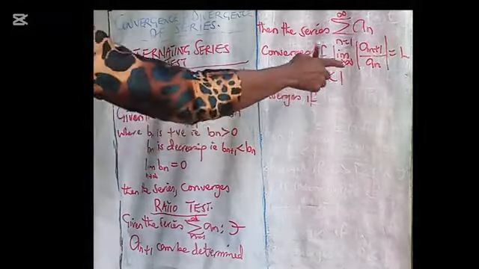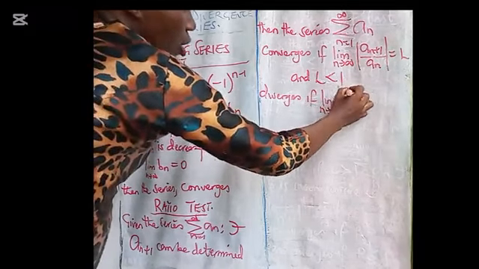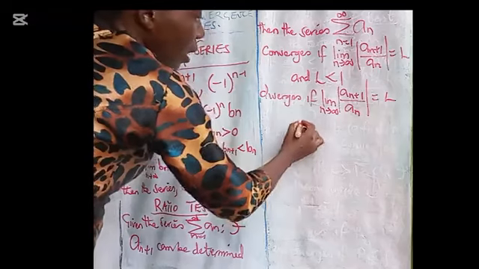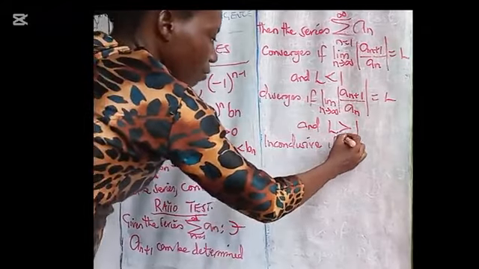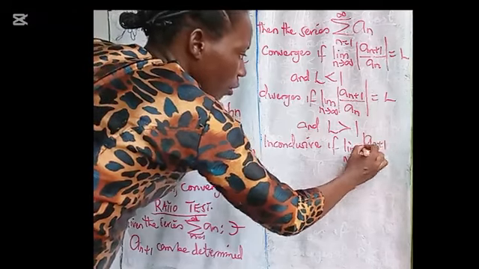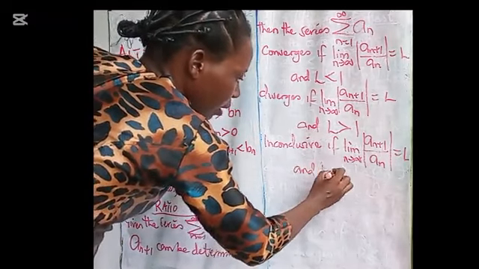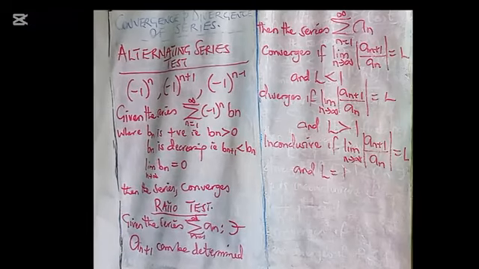It will diverge if the limit as n tends to infinity of the absolute value of a sub n plus 1 over a sub n equals L, and L is greater than 1. It will be inconclusive if the limit as n tends to infinity of the absolute value of a sub n plus 1 over a sub n equals L, and L is equal to 1. The presence of a factorial in any series suggests the use of the ratio test for its